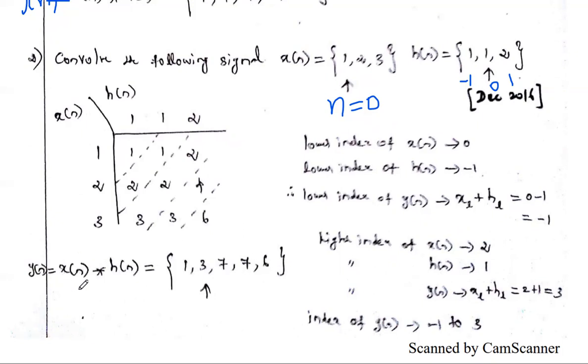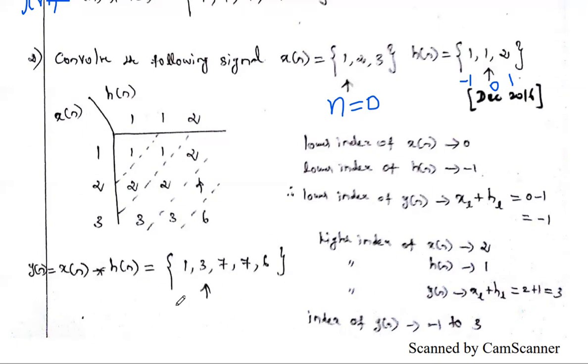the signal x of n with h of n. Convolution of x of n with h of n is nothing but the output y of n. So this is the answer. And in that answer, where do we have to put the arrow? This y of n is also a discrete time sequence. In x of n, an arrow is given at the start, and in h of n the arrow is given in the center. So in the output y of n, where do we put the arrow?